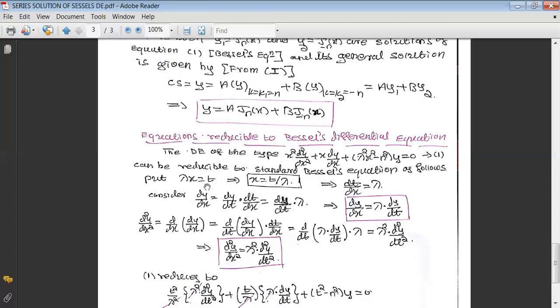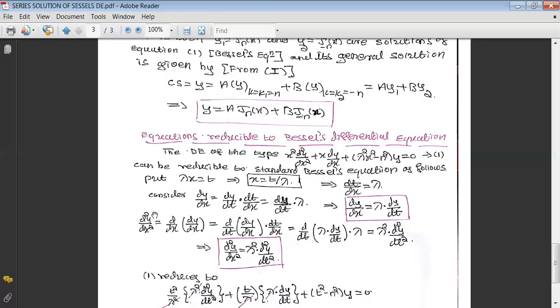And if I differentiate this t with respect to x, we are going to get it as lambda. Now, according to the chain rule, we can write dy by dx as dy by dt into dt by dt by dx. Dy by dt as it is, but dt by dx is lambda. That's why we find that the value of dy by dx as lambda into dy by dt. That will be the first thing we find.